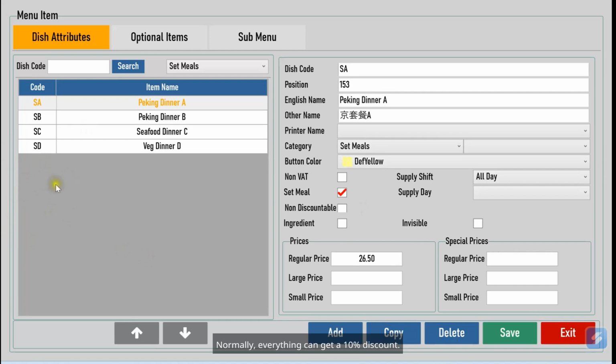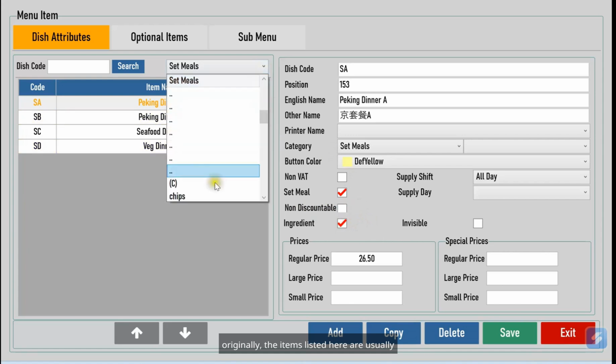Normally, everything can get a 10% discount, but if you mark here that this item can't be discounted, usually things like alcoholic beverages, then those items won't get a discount. Usually, alcoholic drinks don't get discounts. All right, then this item won't be discounted. All of these items will be discounted unless an item is marked as non-discountable, in which case it won't receive a discount. Now, this here is an add-on code, which means that originally the items listed here are usually individual